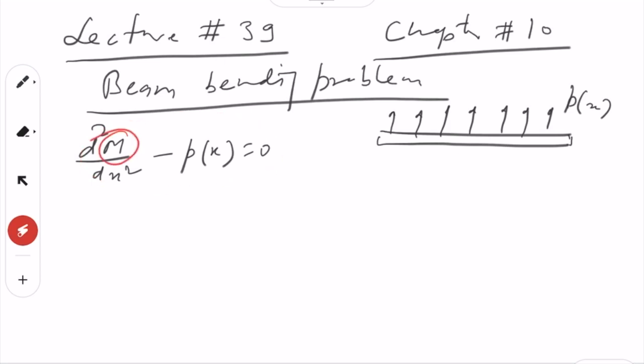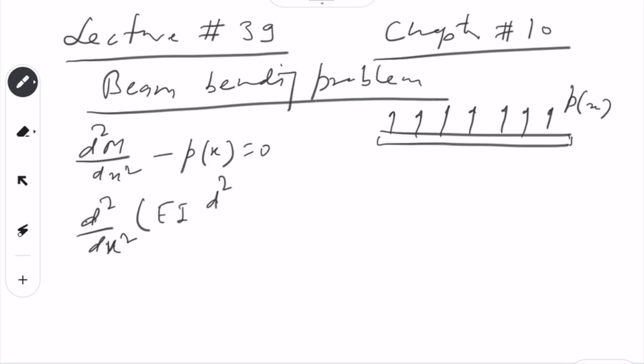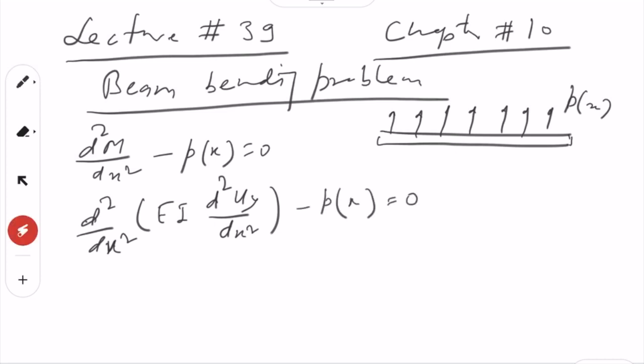So, we put m value there and we find out the final strong form was something like this: EI d square uy over dx square minus px equal to 0. Okay. And in order to solve that, we also found out its